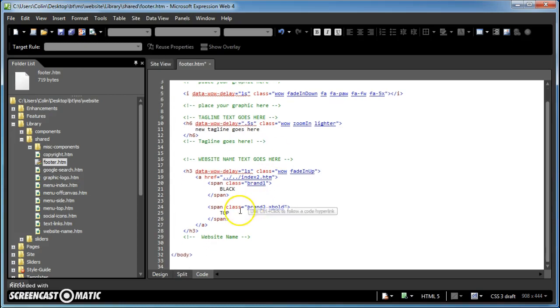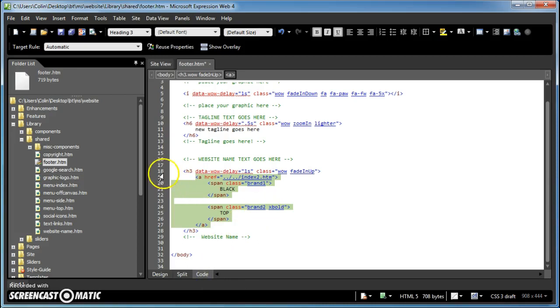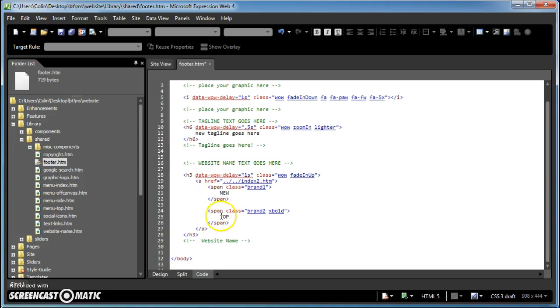Now, the website name, whether there's one word or two, in this case we have two, same thing, sort of, you can double click and flip over to code view. It shows you where it's located, but easy enough. You can see the text in black right here, literally, and then the second word right here. And in this case, we're just going to change this to new, and the second one we're going to change to logo, like so. And the reason we want to do it in code view is because each span class,